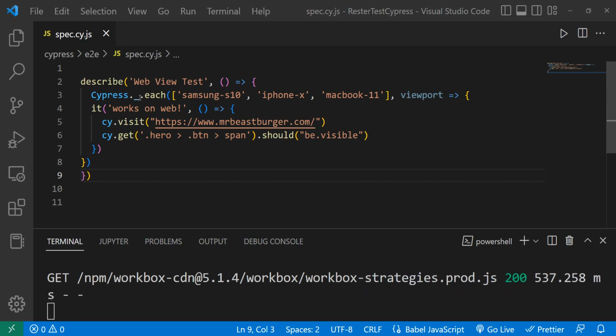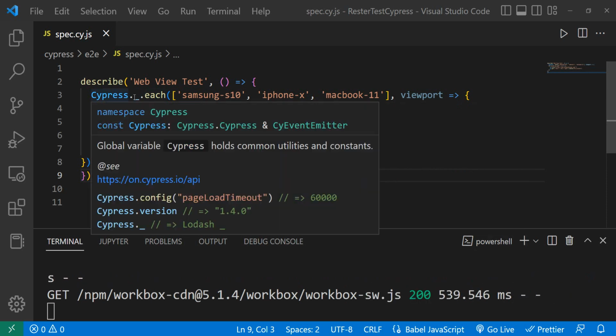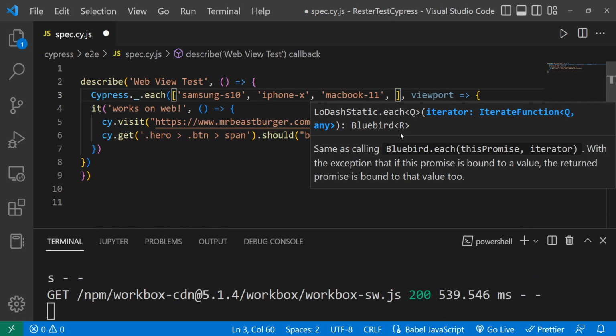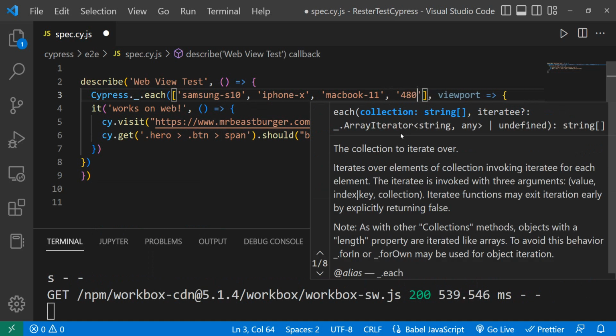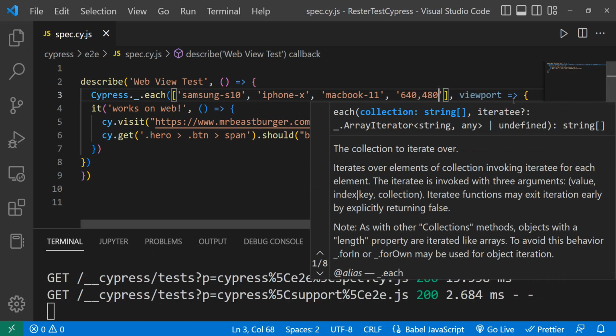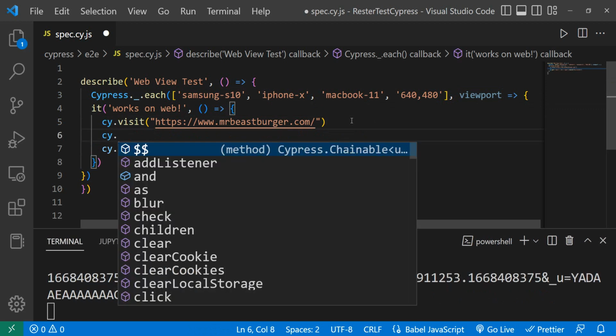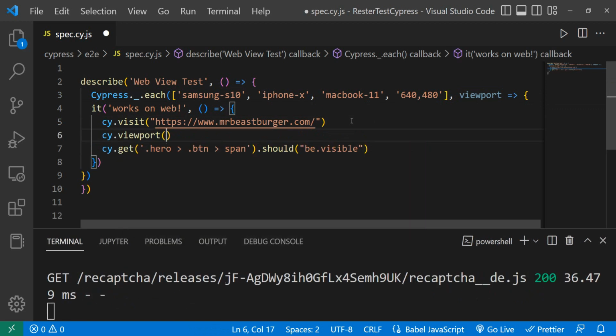So I did Cypress underscore dot underscore each, and here I defined some screen sizes. I have 4 defined, and if I take this viewport and I do cy.viewport,